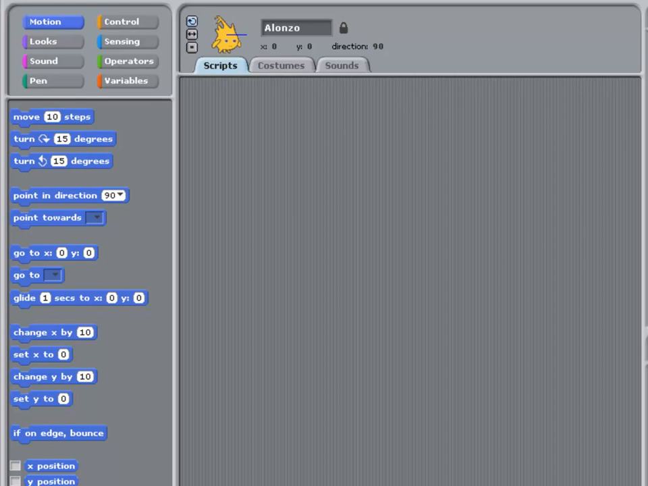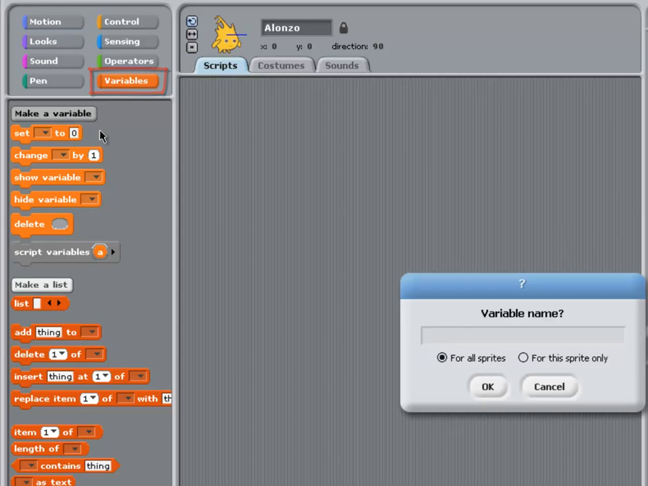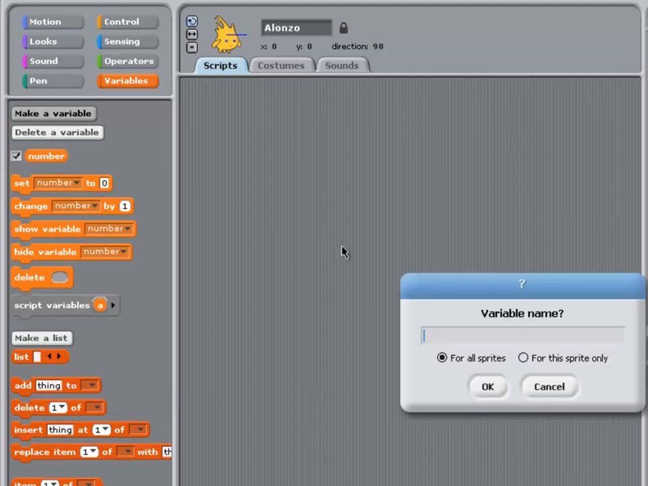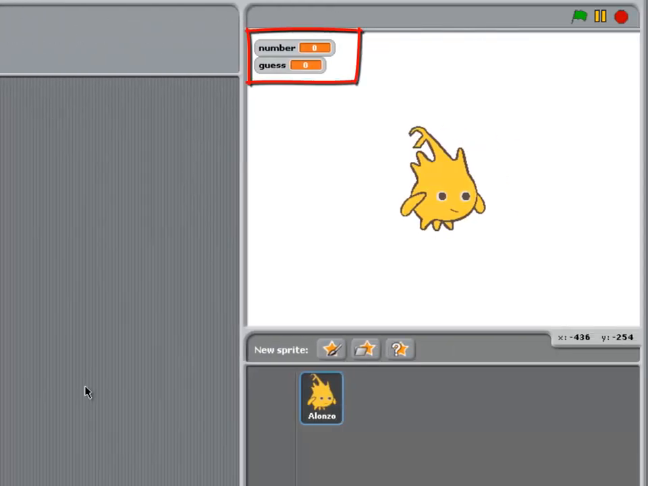Before I do anything, my program is going to make use of two variables. So I'm going to make the first one, which is the random number, and the second variable will be the user's guess. I'm going to leave both of these ticked at the moment to help me test my program. But of course, when the user runs the program, number would be unticked, otherwise it wouldn't be much of a